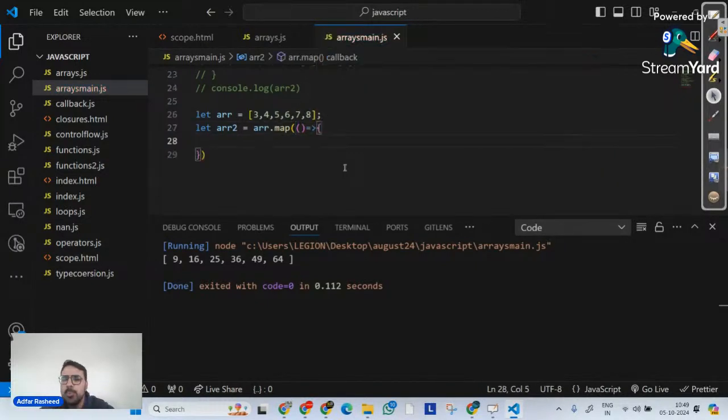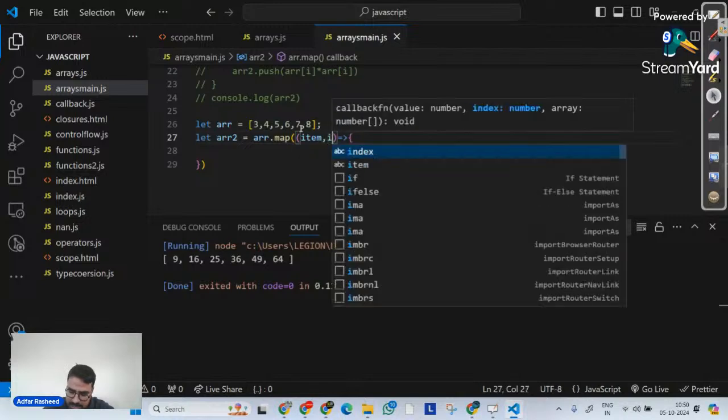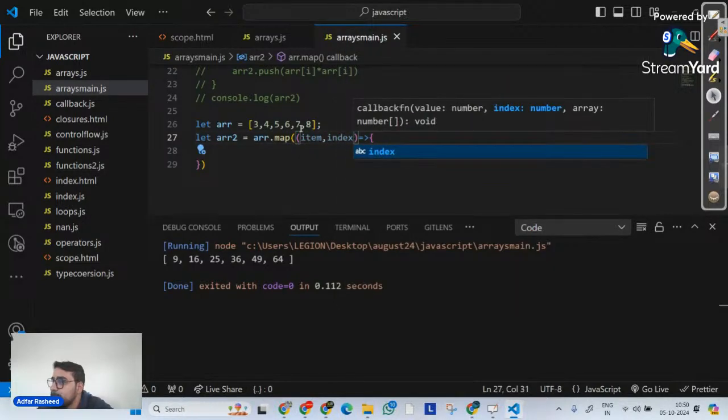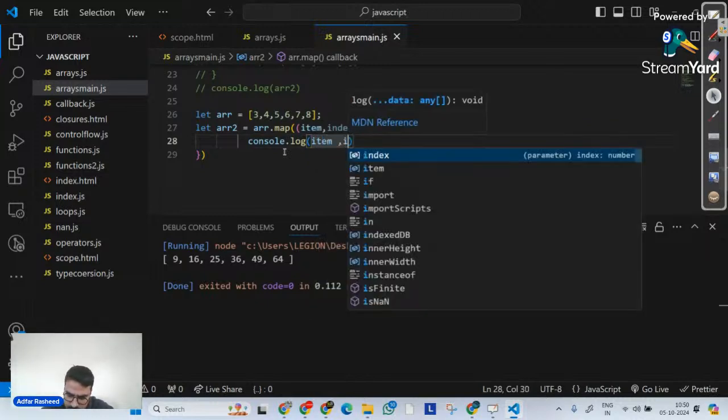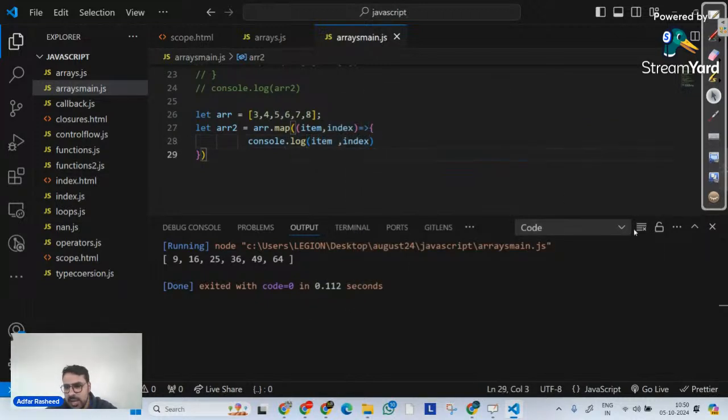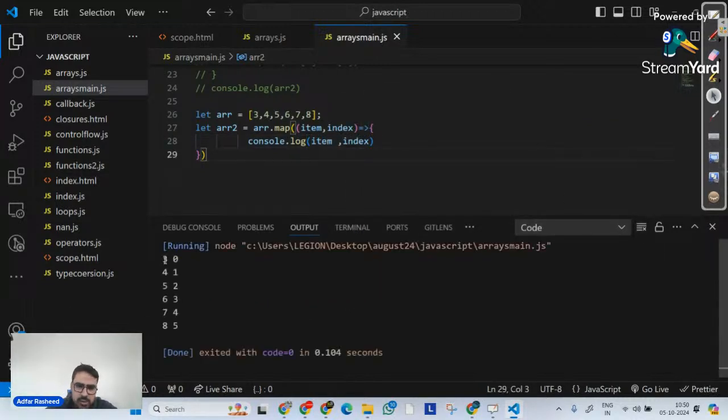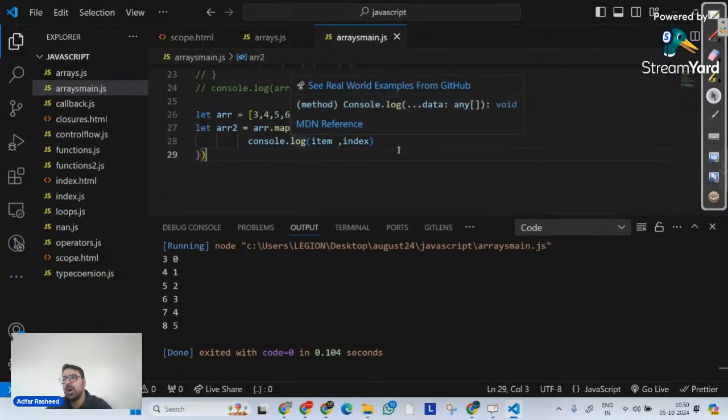Almost every looping method receives a callback function, which is going to receive two arguments in turn, called item comma index, like this. Now, if I simply try to print console.log item comma index, you will clearly see we will get our values in item, and the index of that item in the index variable. So you can see 3, 0, 4, 1, 5, 2, 6, 3, 7, 4, 8, depending on what my original array was.